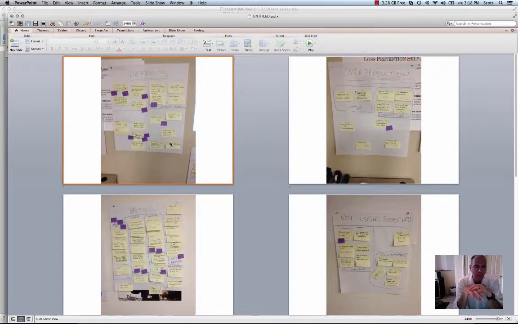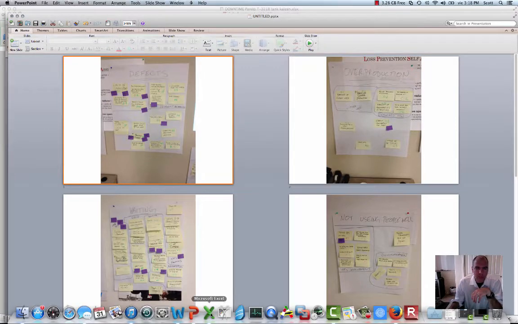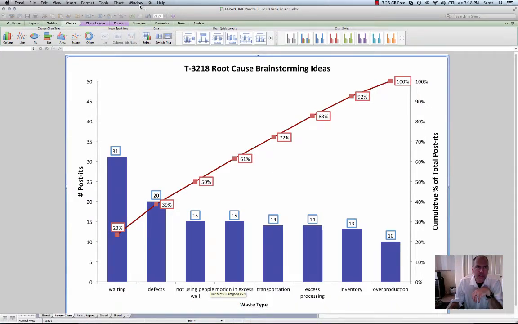The great thing about this is it's very visual. You could see that not using people well didn't really get too many votes. Overproduction didn't get too many votes, but defects got quite a few, and so did waiting. This helps us narrow the focus to the major causes. Then we can start discussing the ones that have the purple post-its. That's exactly what we did, which then led to the next step in this process,